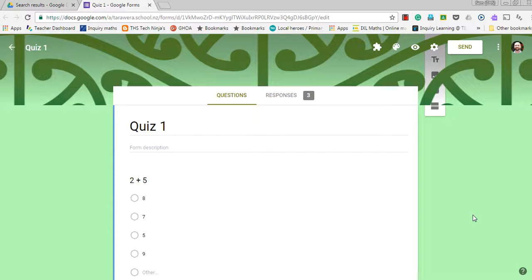One of the best things about Google Forms is the feedback and the analysis that is automatically given to you as a teacher with doing very little work. So it makes it a very efficient way to get assessment results or feedback about anything that you're doing in the classroom. So up here, if I go to responses, I can see at this stage I've had 3 responses